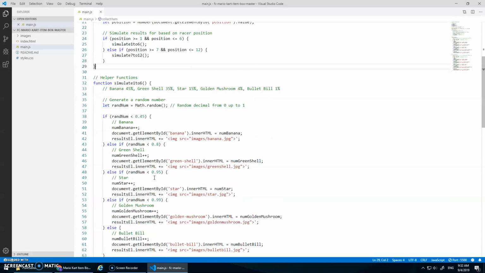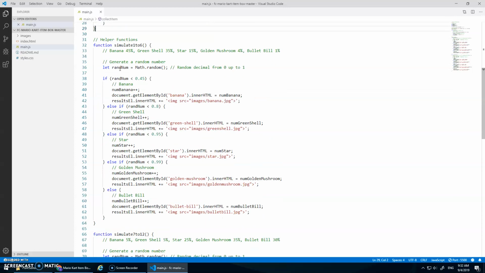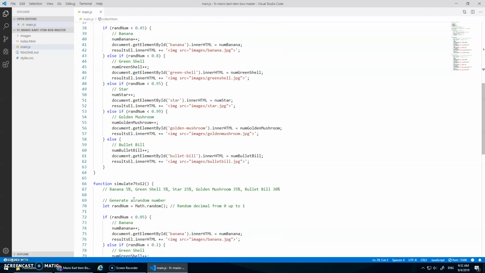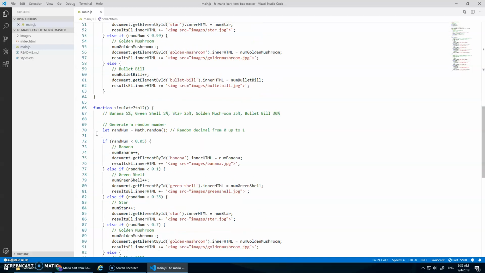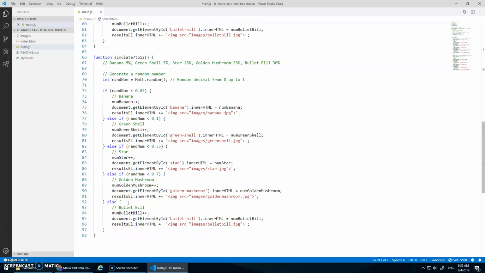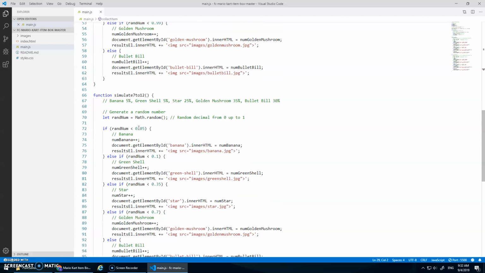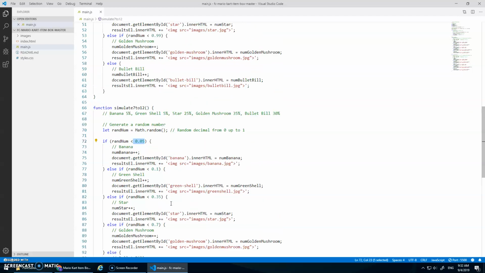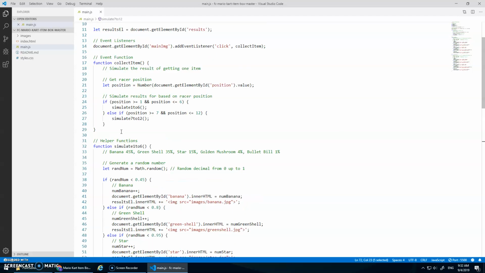But again, in this function, we get a random number, we test it, we do the bananas, green shells. Guess what? This function, we get a random number, we test it, we do the bananas, green shells. They're identical, except for these numbers. Okay, so what I'm going to suggest we can do is